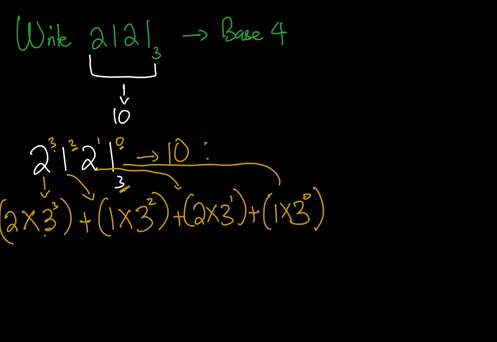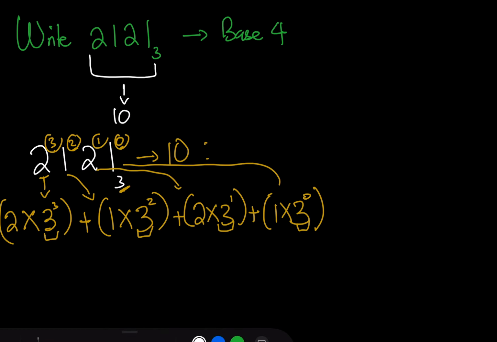So you can see the basis keeps repeating itself. The number with the base itself keeps repeating, right? And then these are the numbers. The numbers also appear, and the bases take these numbers. The base 3 takes these numbers. Don't forget that. Please, it's important. Don't forget that. So we're going to have 2 times